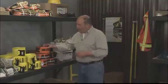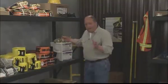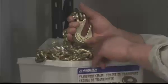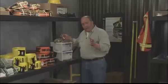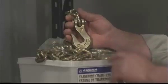This 4-inch synthetic webbing has a working load limit of 5,400 pounds. In fact, it's marked right here. This chain has a working load limit of 4,700 pounds. This is based on the chain being marked with G70, indicating that it's a grade 70 transport chain, and 5/16,